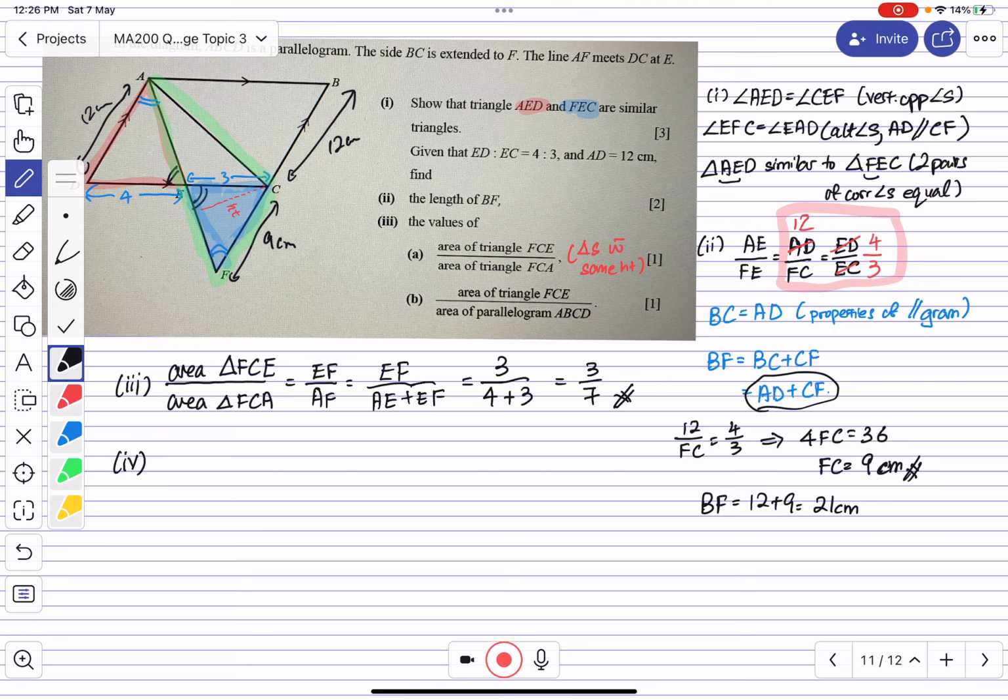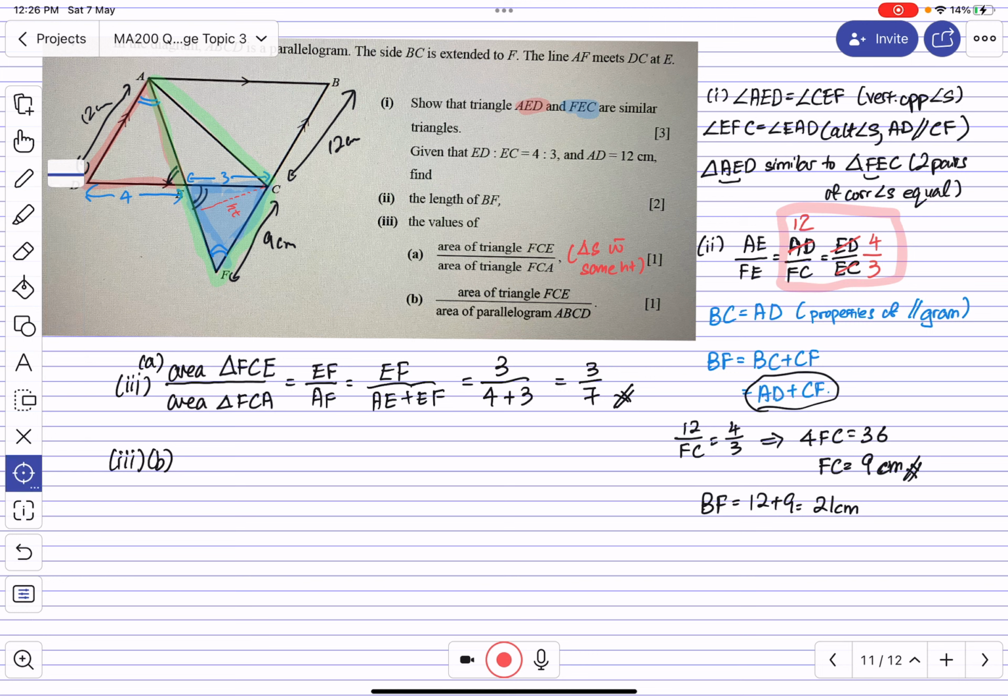Now let's go to part 3B. This is part 3A earlier, and now we'll go to part 3B. The area of triangle FCE over the area of parallelogram ABCD. So it looks very daunting, but if we go step by step, first consider that earlier on